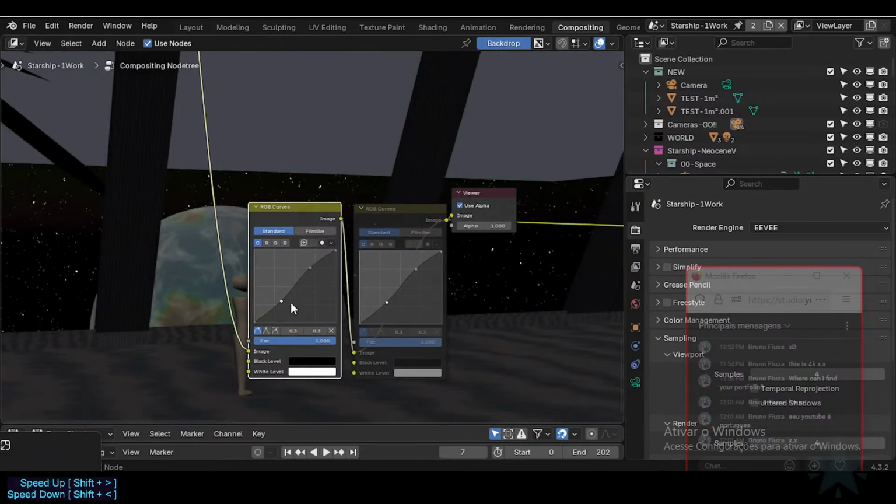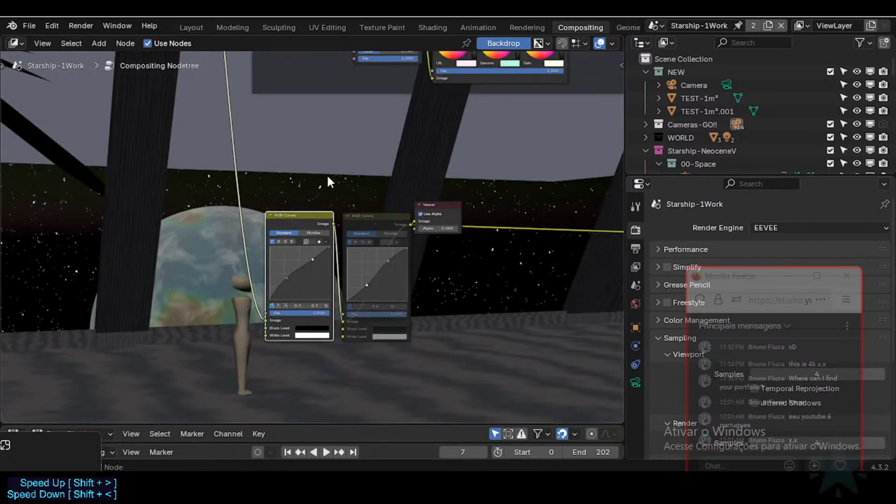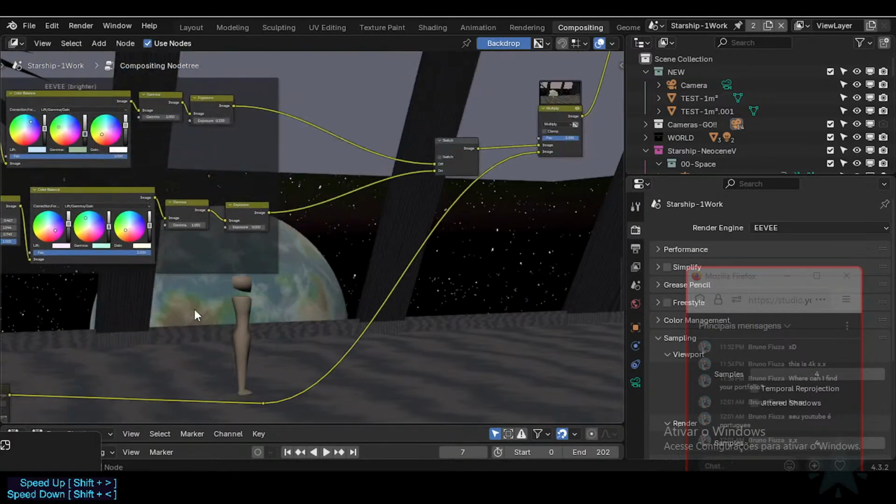So I'm gonna make a duplicate here, and let's try to readapt this to this concept of the scenery here. Control X, dissolve that,